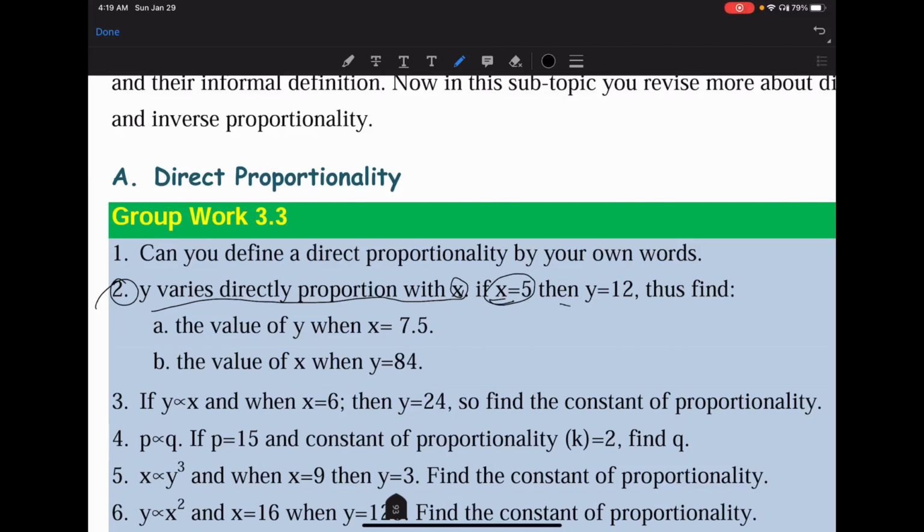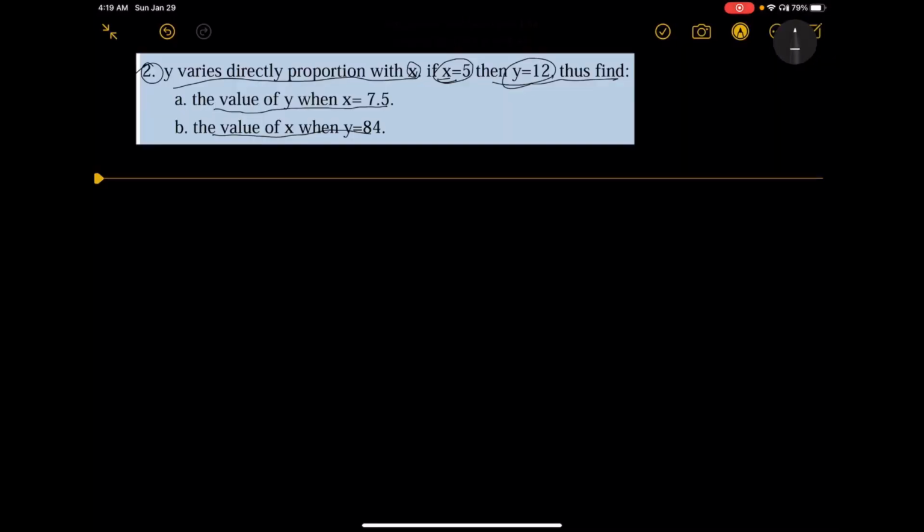ሁለተኛ እንስራ እስቲ። y varies directly proportional with x. Now if x is equals to 5 then y is equals to 12. Thus find the value of y when x equals to 7.5 and the value of x when y is equals to 84. እንግዲህ ጥያቄው ምንድን ያለ y directly proportional to x መሆኑን እናውቃለን።